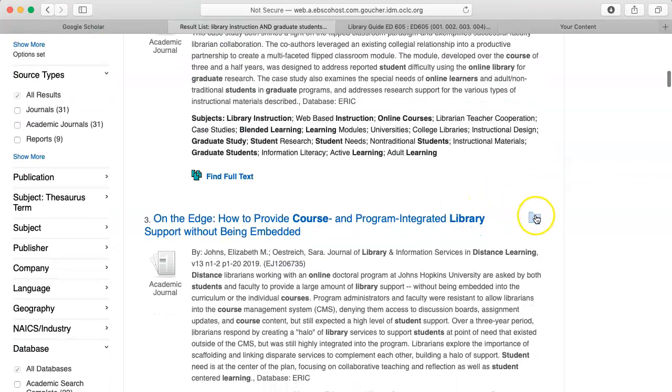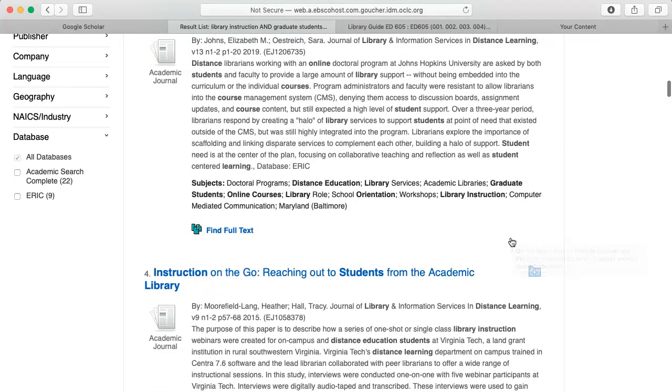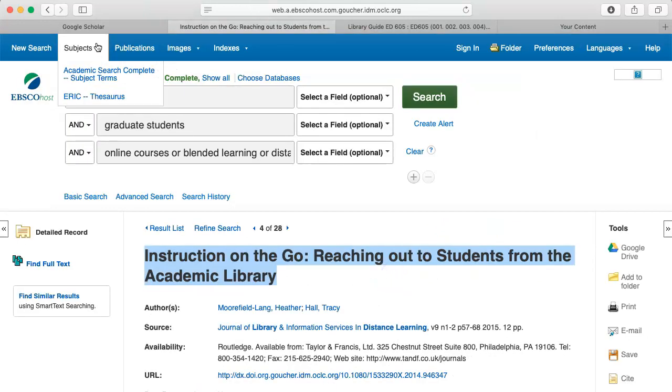The third article also looks good, but it's from that same journal, so I will just add it to the folder. I want to use the next article to illustrate something that happens occasionally. This article is also in Journal of Library and Information Services in Distance Learning, so I know Goucher does not own the journal. However, if I put the title